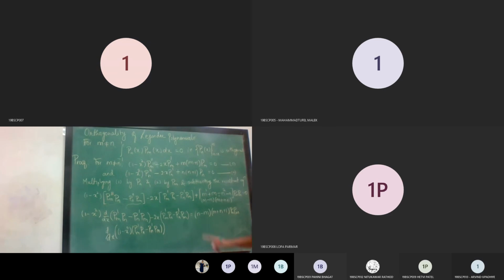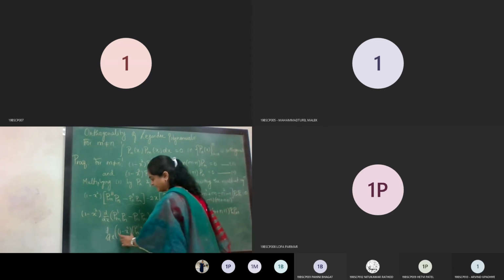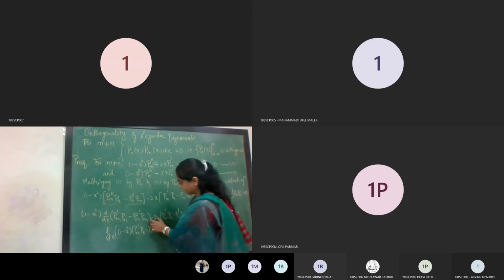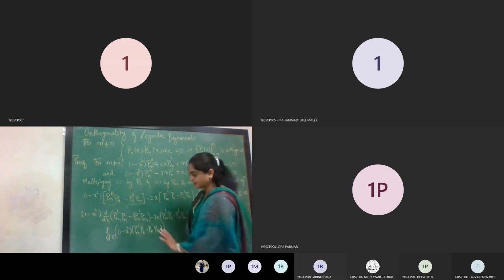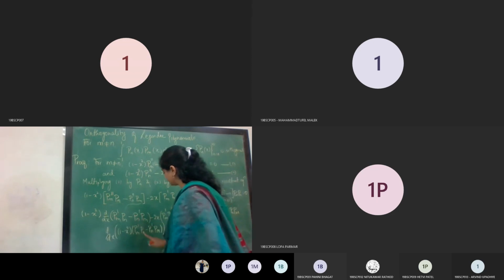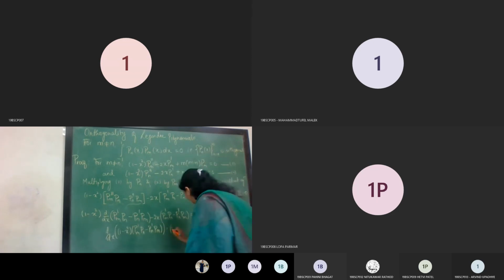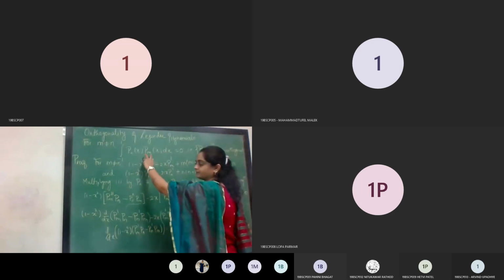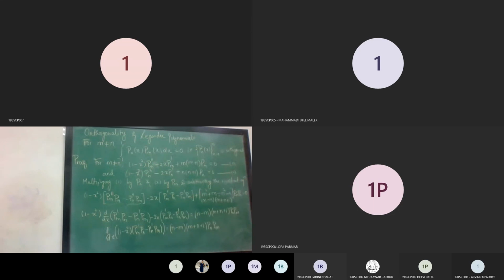Yes, ma'am. Fine. Means what? I kept this as it is, took its derivative, plus the derivative of this, that is minus 2x, and this as it is. So I can combinedly write these two terms as this one, and the right hand side is already the same, that is n minus m into m plus n plus 1, Pn, Pm. You can see on the right hand side we have the combination Pn Pm, which we have to integrate from -1 to 1. All of you have written up to this?